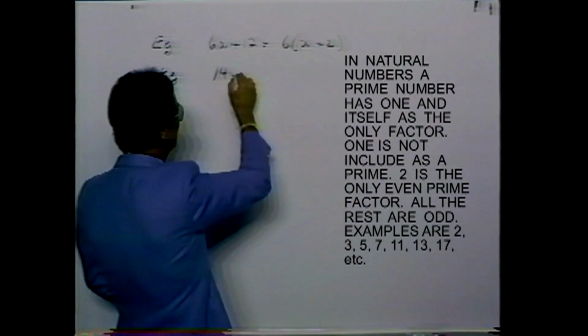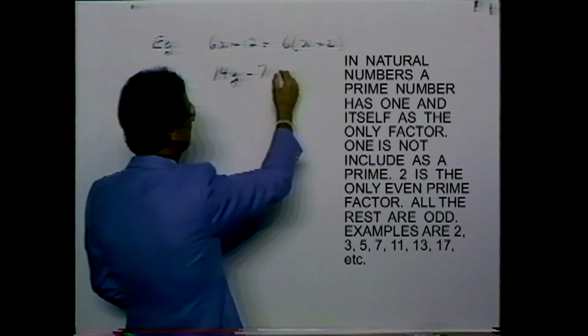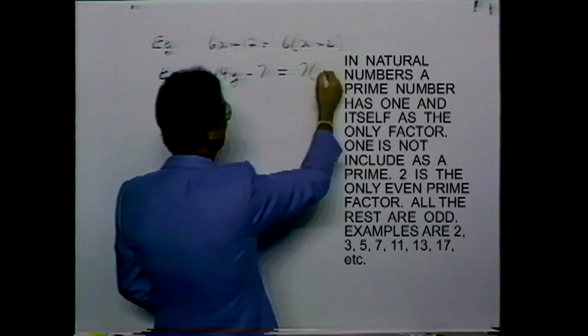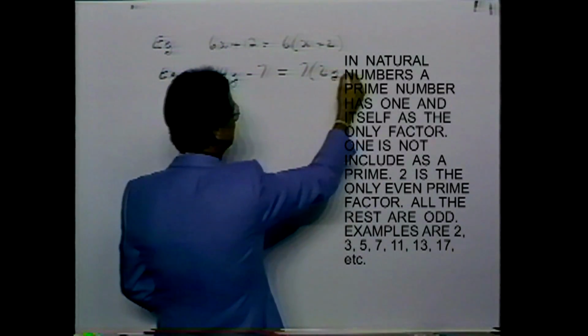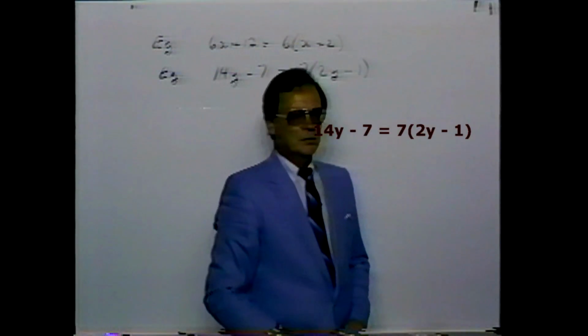14y minus 7 is equal to 7 brackets 2y minus 1. Notice if you reverse the process. Another example,